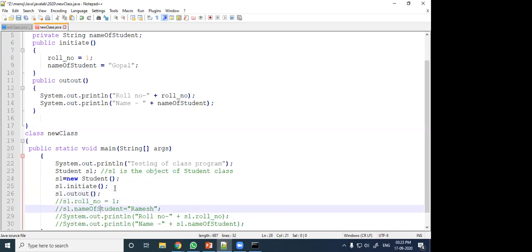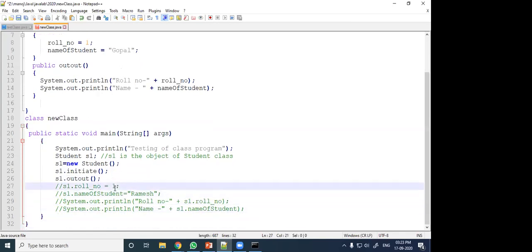So here we cannot use these things, but we can write initiate and output functions. So here the class object is created, and now the two methods are called. Let us save it, new class.